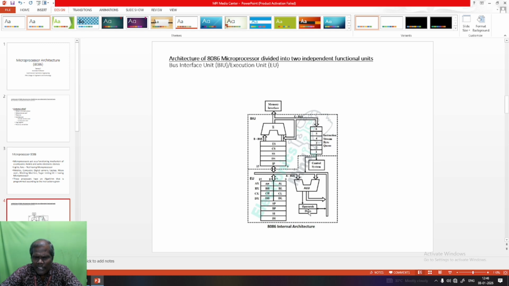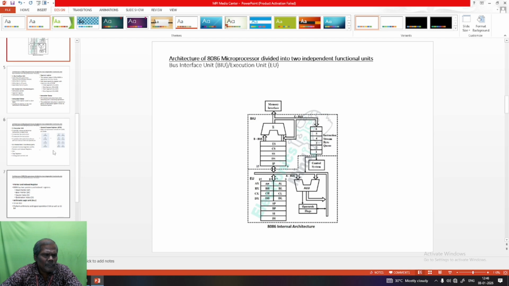The flag register is used to store the status of the results of the arithmetic and logic unit. The arithmetic and logic unit will give the result, and that result status will be checked with the help of the flag register. This is the overall preview of the architecture of microprocessor 8086.